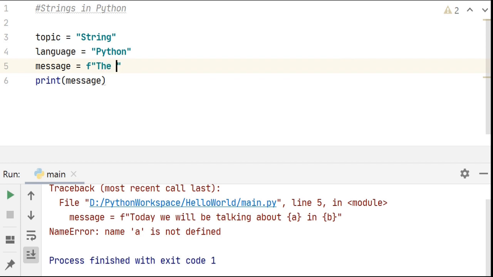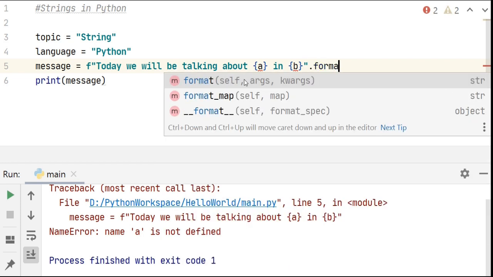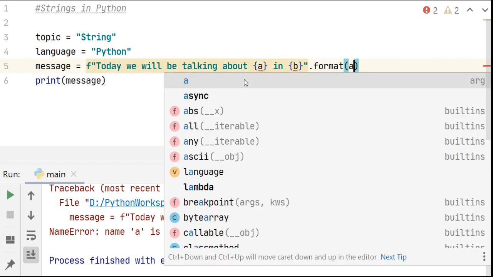Today we will be talking about, again for format method we use placeholders. Let's say a in b, right? And then we use dot format, and in the bracket we substitute these variables.